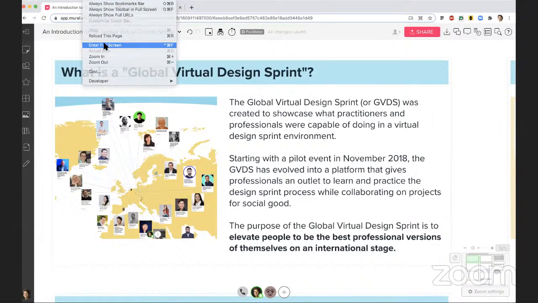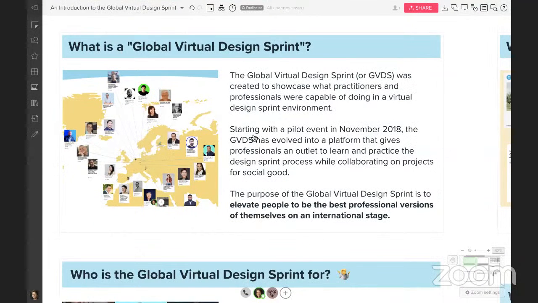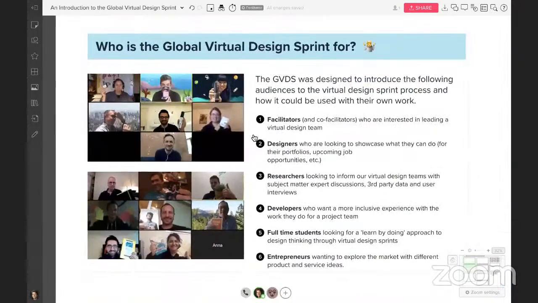I'm going to go ahead and enter full screen so that you don't have to see all the URL information and so on. So who is this event for? Historically, the first three audiences that you see here typically are the ones that come to the event every single time. There are facilitators and co-facilitators that want to understand how to do virtual design sprints online. There are designers who want to put the designs that come out of these events into their portfolio or share them on social. We also have researchers that come in that want to get a taste for how it is to interview people and gather information about subject matter experts